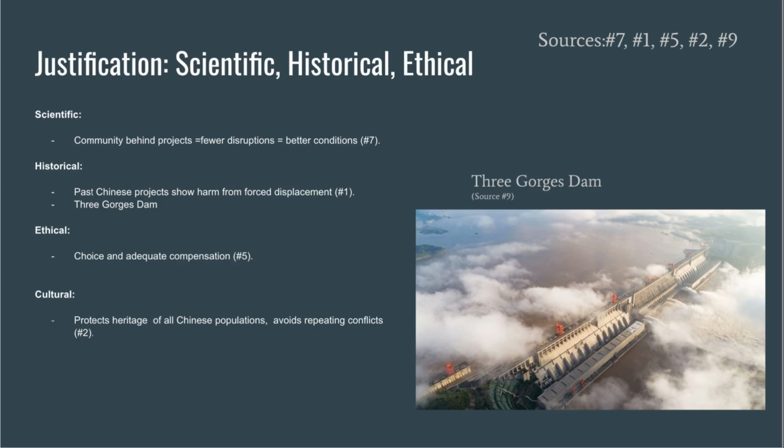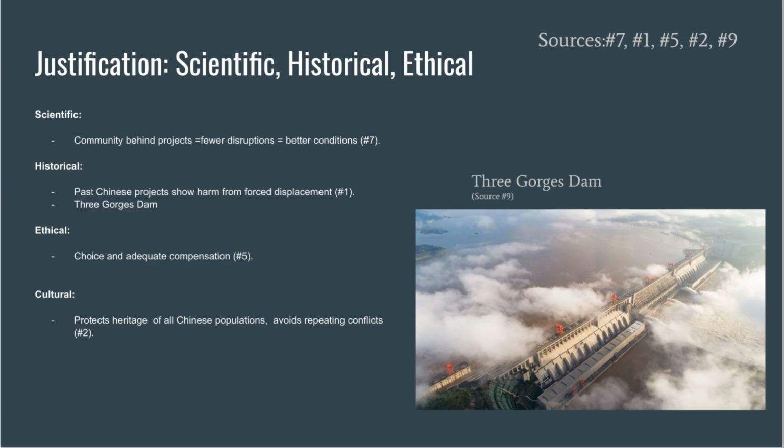So to talk about the scientific, historical, and ethical evidence supporting our solutions: scientifically, the telescope's success depends on having a radio-stable quiet zone, and stronger relationships with local communities could support this and make the scientific environment better. Historically, China has carried out other massive projects like the Three Gorges Dam that caused widespread displacement and long-term harm. The FAST relocation shows similar patterns and highlights the need to learn from past mistakes and address them in the future in a more comprehensive way with the communities and families affected, as said in Source 1 and Source 9.